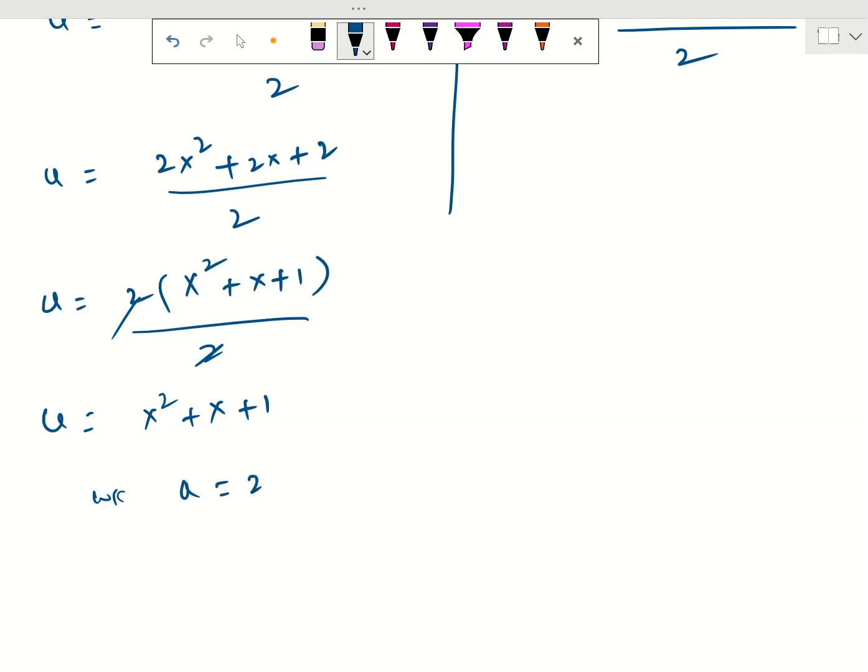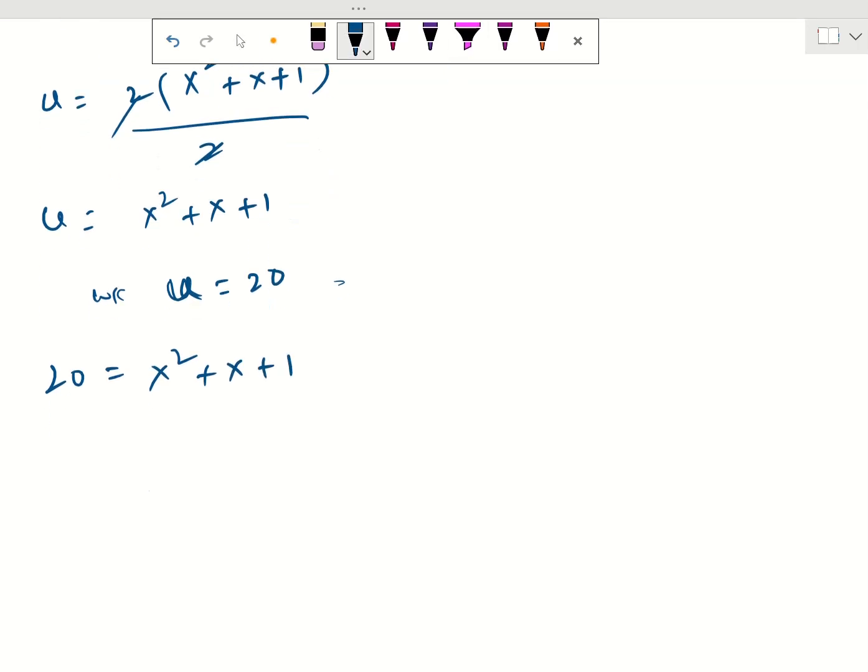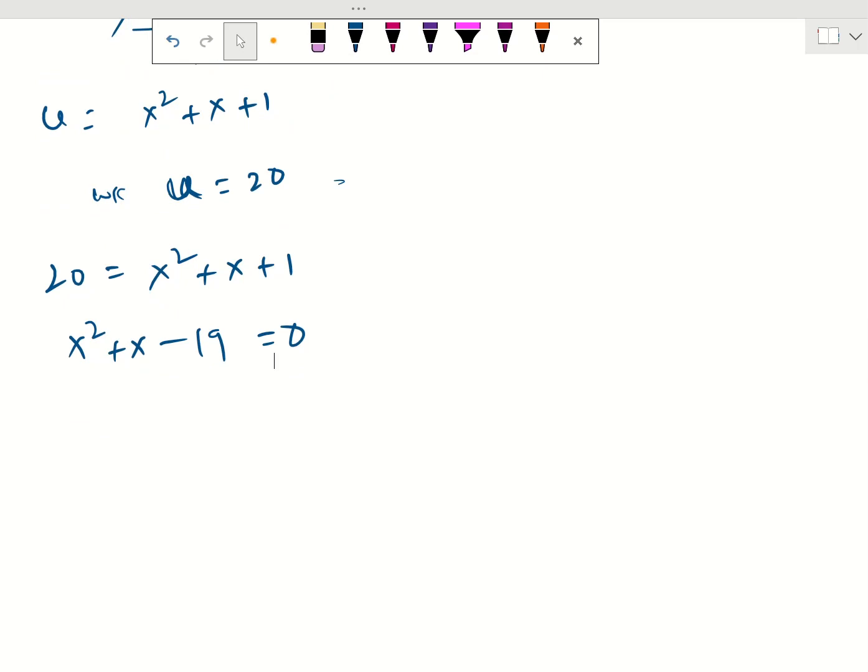So substituting the value, we know that we have taken u is equal to 20. Substitute the value of u is equal to 20 in this equation. As we considered in the starting, u is equal to 20. So substituting this value, 20 is equal to x square plus x plus 1. Taking this side, it will be x square plus x plus 1 minus 20, that is x square plus x minus 19 is equal to 0. Okay, we cannot factorize this one with the normal method,